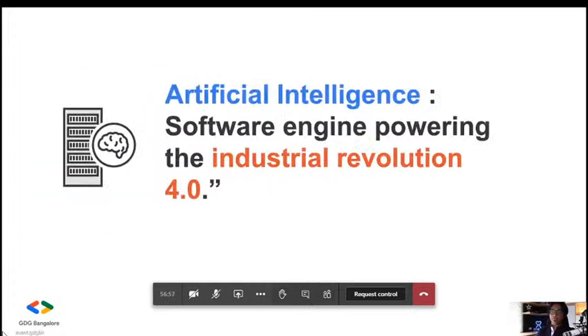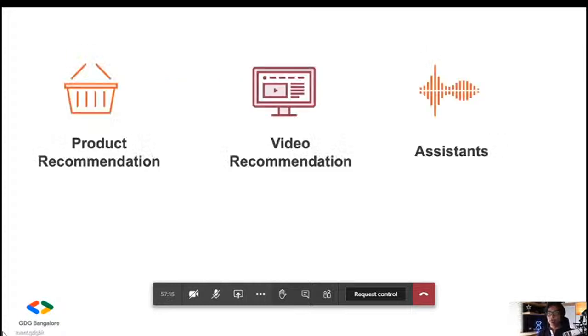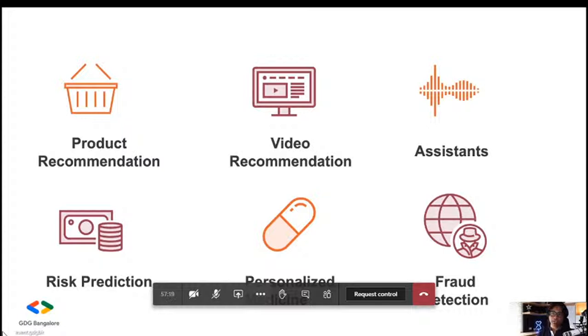So why are we having the session today? All of us who work in the field of AI and machine learning know that AI is definitely changing the entire world. We also call it the software engine powering the Industry Revolution 4.0. All great things, right? And we see the applications of machine learning and deep learning all around us, be it recommendation engines, video recommendations, personal assistants, or enterprises using it for predicting risks, building personalized medicines, or even